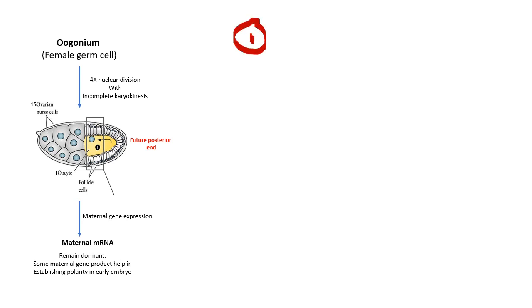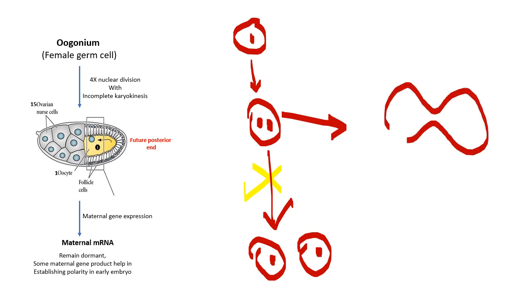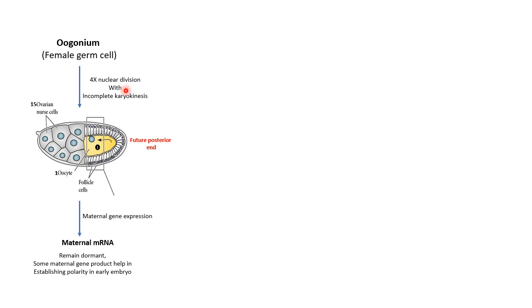oogonium with nucleus. After nuclear division, it will form 2 nuclei. If karyokinesis had happened, it would have formed 2 cells, each containing 1 nucleus. But this does not happen in the case of Drosophila oocyte development. Rather, it leads to separation of the nuclei, but the cells are somewhat connected. These 4 nuclear divisions will lead to formation of 16 cells, but due to incomplete karyokinesis, these 16 cells